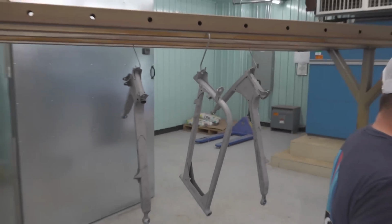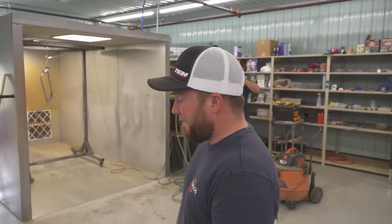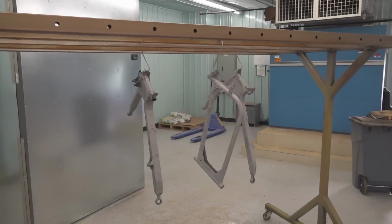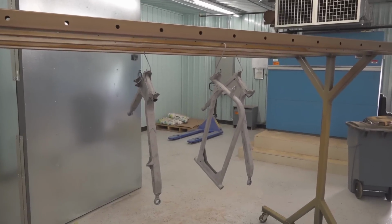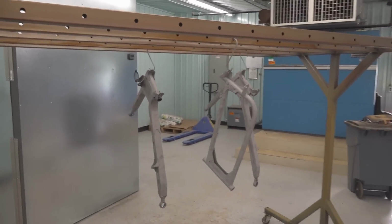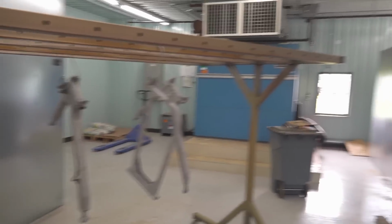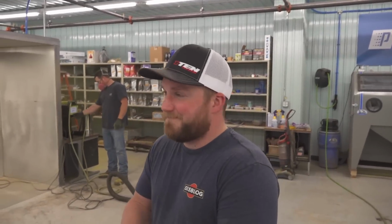All right, next piece of the puzzle here. We're getting ready to throw some suspension on this thing. Mikey's gonna lay down some more powder coat. Now I know, I get it. You guys are looking at stock suspension arms for a YXZ. You're unhappy about it. Nobody's happy about it. Everybody says, do long travel, do this, do that, which I completely understand, except, Matt, we've developed a new plan